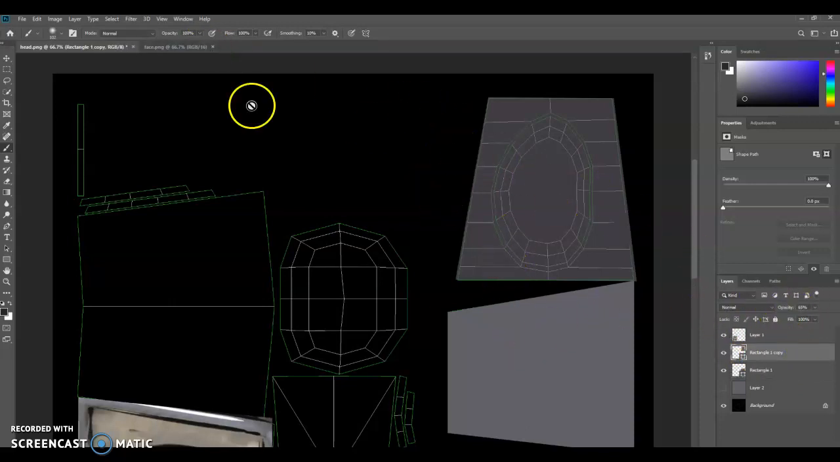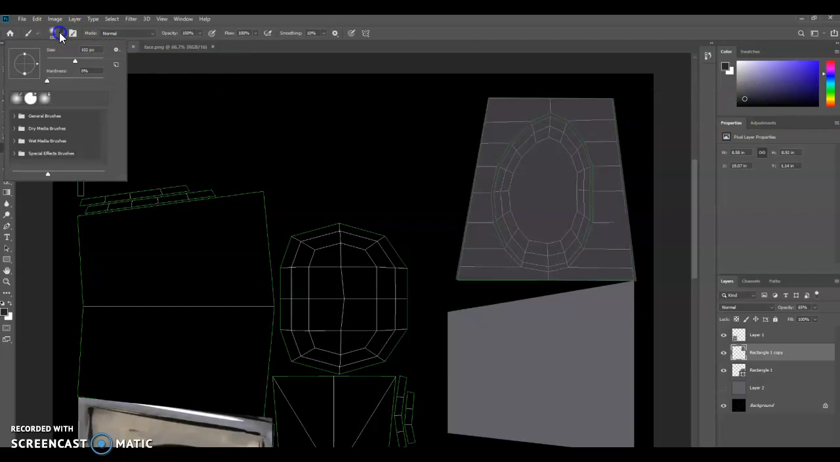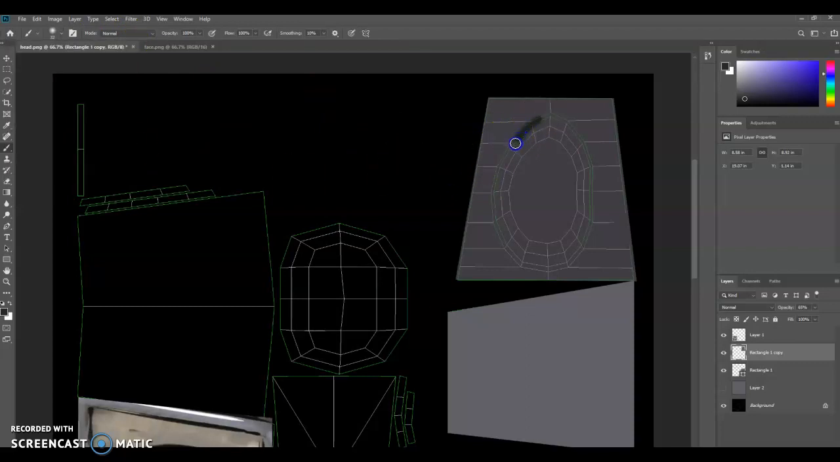It's not letting me color this. Hold up. Alright, there it is. So I want to make the size of this a little bit smaller. Okay, that's good. Alright, so then you can go and kind of